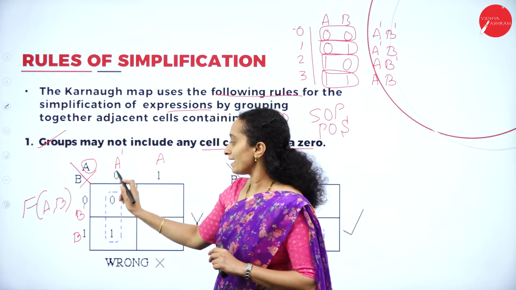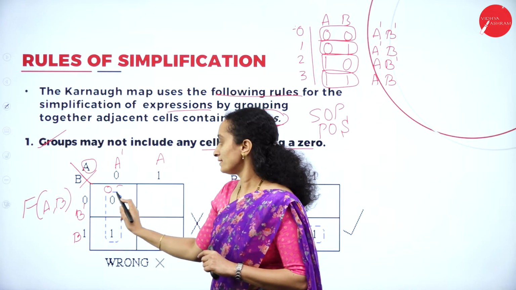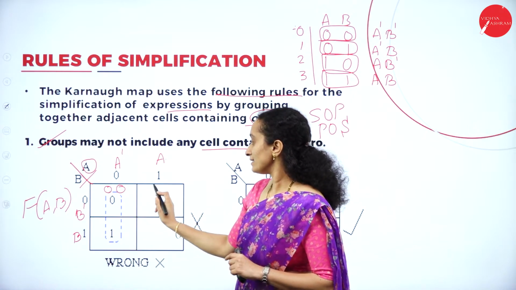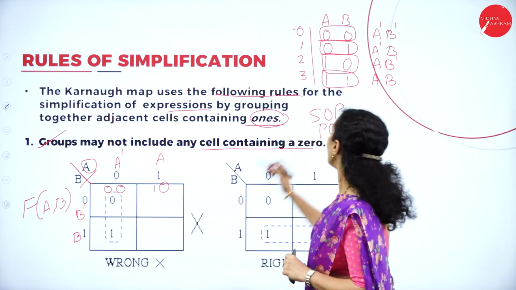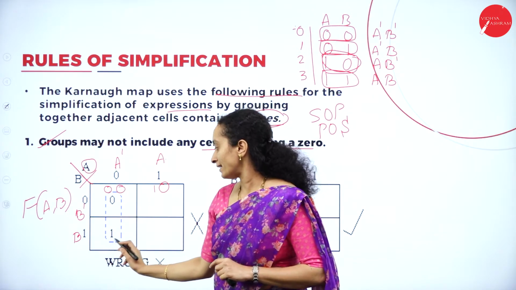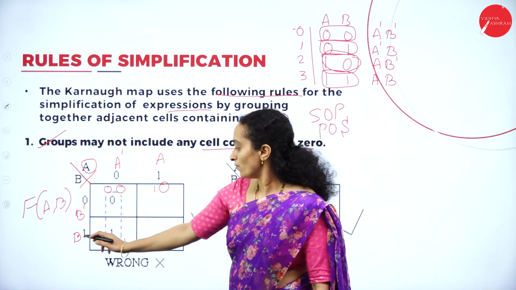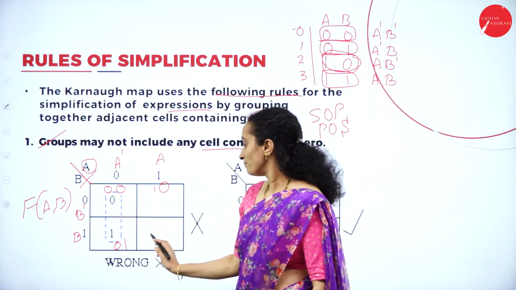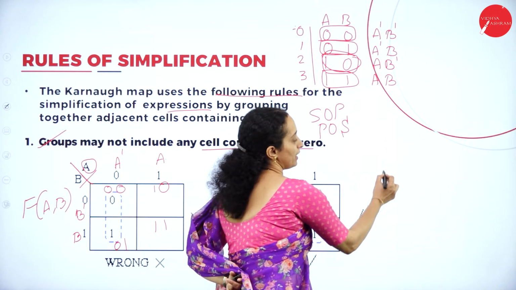Here we have A dash into B dash. The first cell will be A dash into B dash, which represents 0 0. All right. Next we have A, where the A value is 1 and the B value is 0. It is 1 0. Here we have B 1, A dash 0. This is 0 1, the 0th column, first row. Now we have A also 1 and B also 1. So the combination representation can be like this.